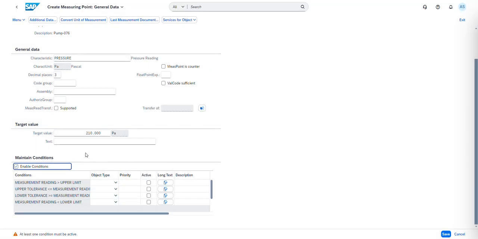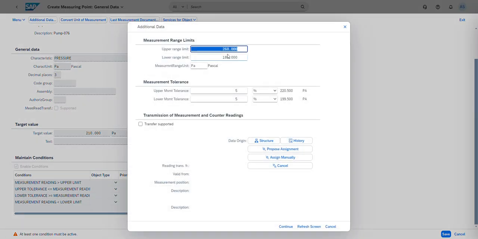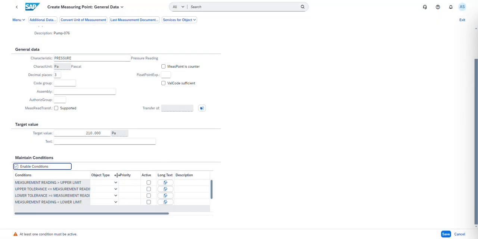Yeah, so now we haven't clicked on continue, so that's why it hasn't taken that. So now you can see the field can be editable. There are a couple of options over here. If the measurement reading is greater than the upper limit, so what is the upper limit here? 260. So if your pressure is more than 260, whether you want to create a proactive work order, reactive work